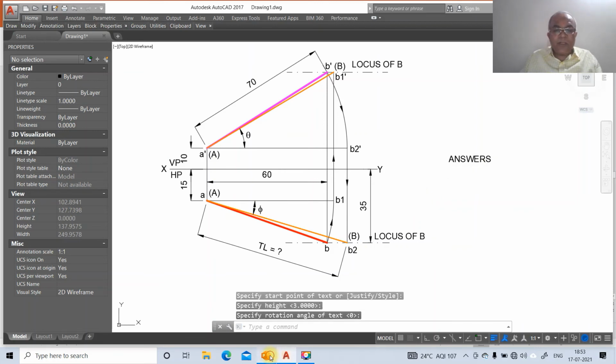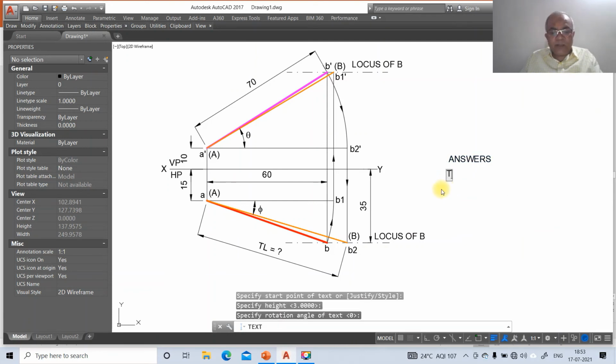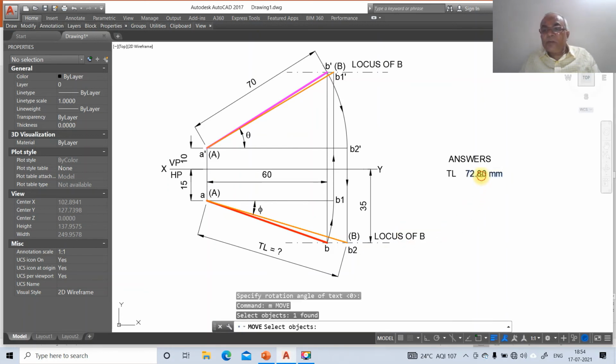Now we are going to take up the true length, which is 72.80 mm. So go to dtext. Here you type true length, then 72.80 mm. Then go to move, select this and place it wherever you want.